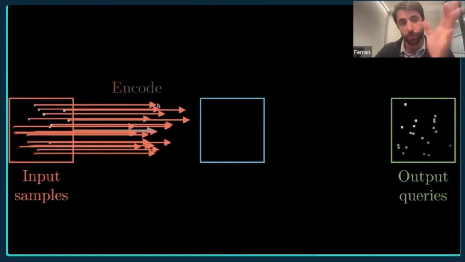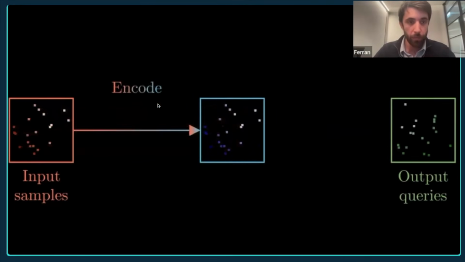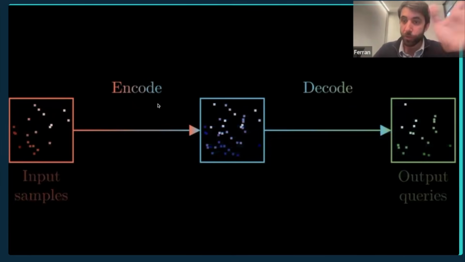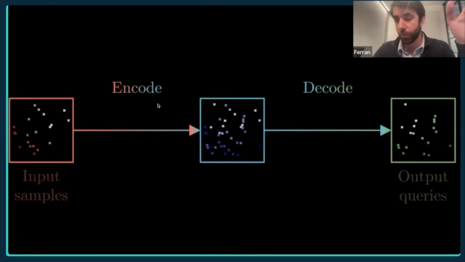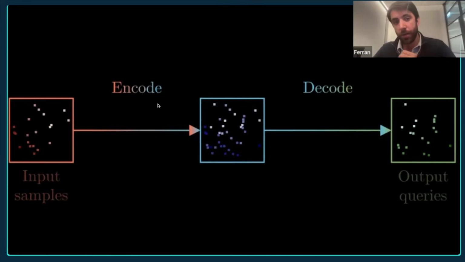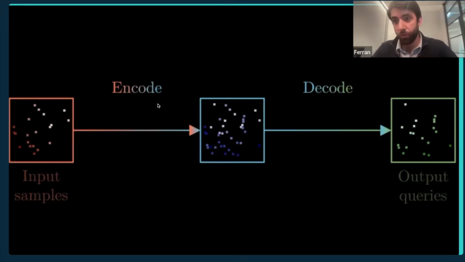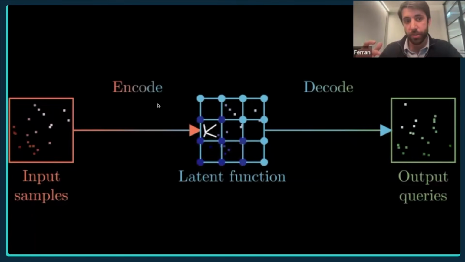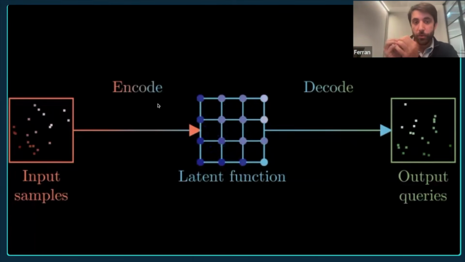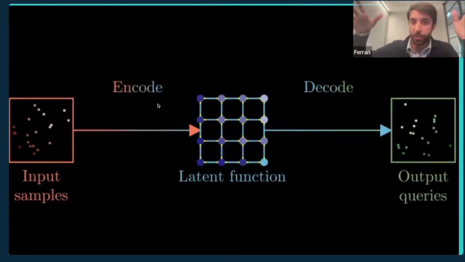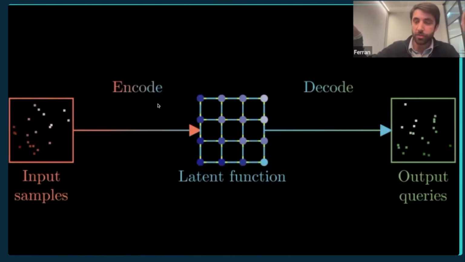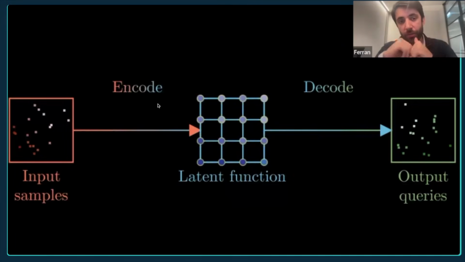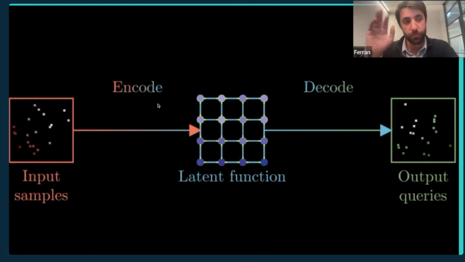So more precisely, how does it work? Well, as we usually have in deep learning, we encode into a latent space, and then we decode into the final output. However, if we were only doing this, our transformations would be local, right? Like, for instance, a hurricane today in Cuba could not affect the probability of a hurricane tomorrow in Miami. So we have to propagate this information. And the way we're going to propagate the information is using graph neural networks. So essentially, we first use attention to initialize the nearby nodes in the mesh. And then the mesh is going to propagate the information via message passing using standard graph neural networks. I'm going to talk about it more in a second.